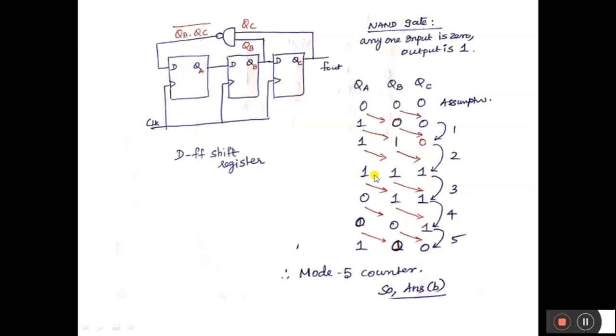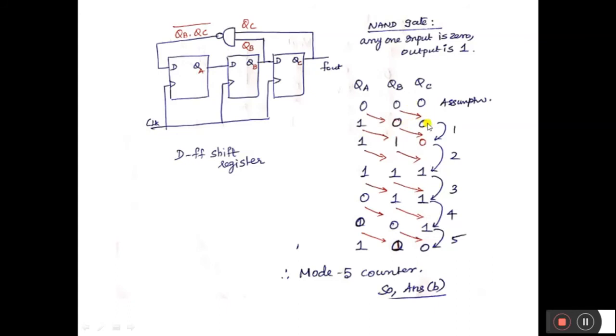Again, the shift register, this one moved here, this one moved here. Now both inputs are 1. If both inputs are 1, the output of the NAND gate is 1 bar, that is 0. So now the 1 becomes 0, so 0, 1, 1. Next shifting, this 0 comes here and 1 comes here. Now both inputs are 1 to the NAND gate, the output is 0. Again 0, 1, if I apply, any one of the inputs is 0, the output is 1. See here, 1, 0, 0 is the first state value. It repeats 1, 0, 0.